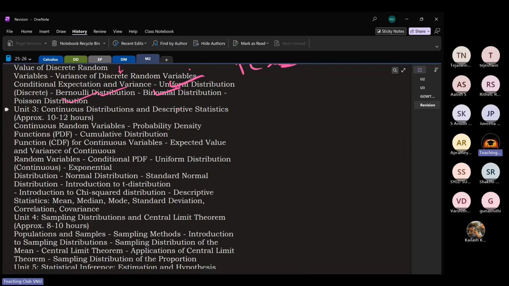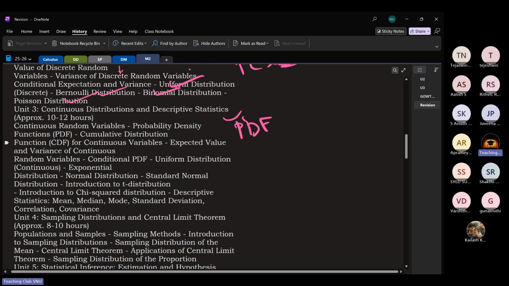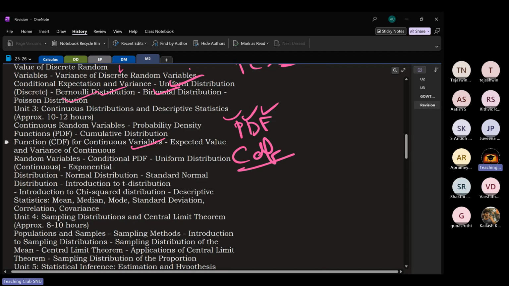And how do you define probability in continuous? You put it as PDF, right? Probability density function. And CDF is still the same, cumulative distribution function. Yes. Then we learned how to evaluate integrals and all that for different probability terms. Then we looked upon